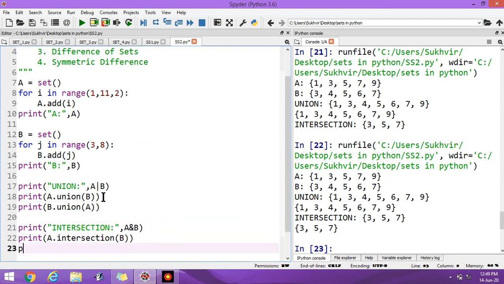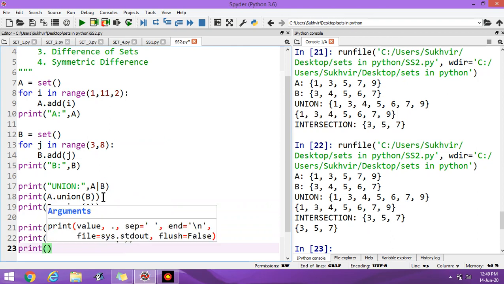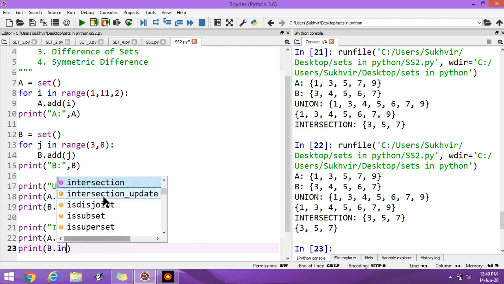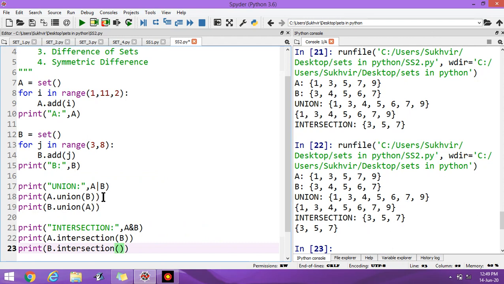Similarly, you can write print B dot intersection A. A intersection B, A and B, it's one and the same thing. A or B, A union B or B union A, it's one and the same thing.